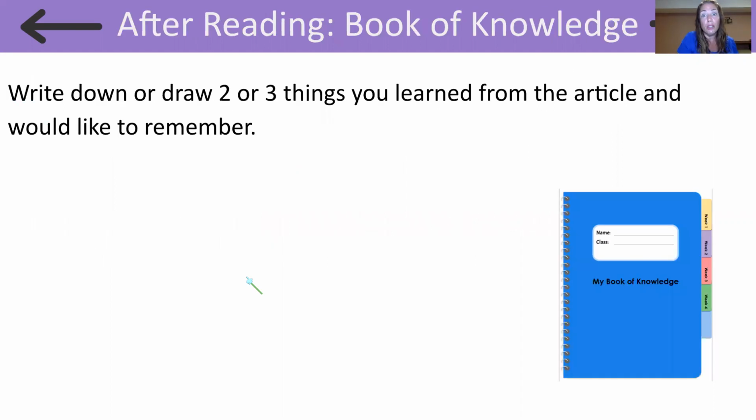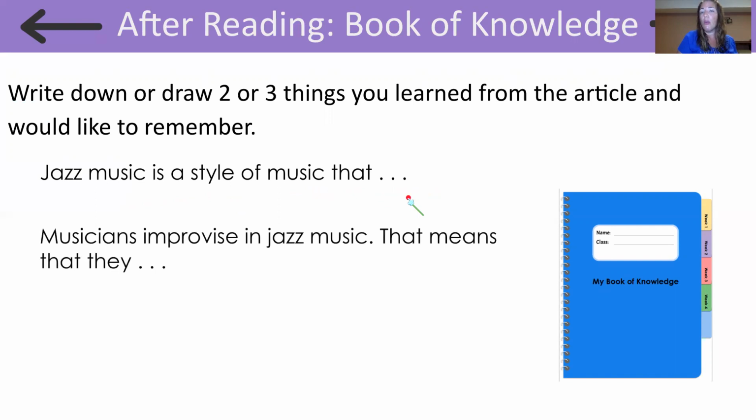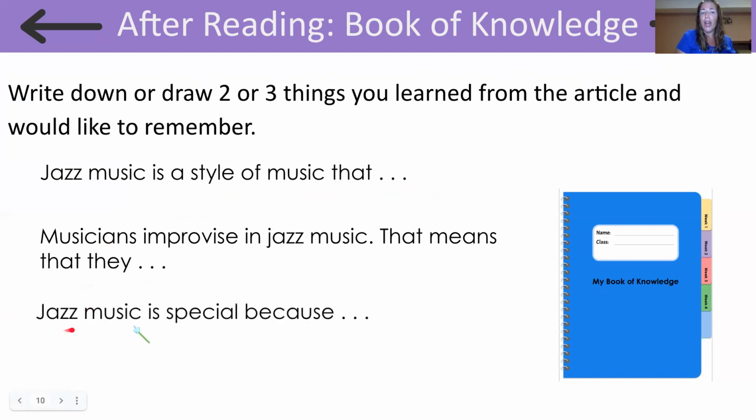So, readers, we learned a lot in this article, Jazz Music. Let's think about some sentence frames you may want to use to write down what you learned. Jazz music is a style of music that, or you may want to use this. Musicians improvise in jazz music. That means that they, or jazz music is special because,